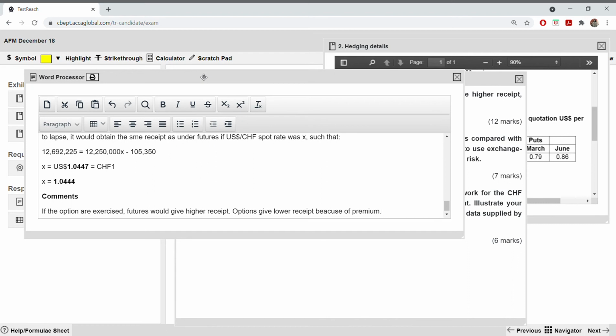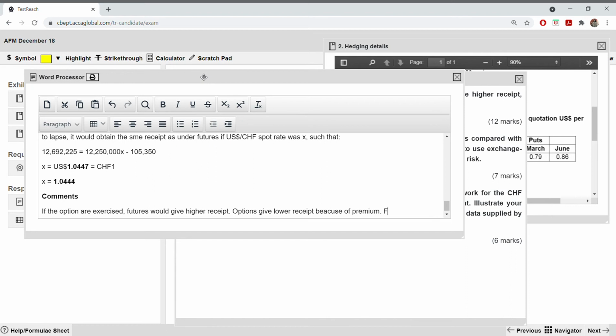You can even mention the premium and the numericals. Now you're talking about the future. Basically, in the comments, what you are doing is giving the evaluation. The word evaluate means pros and cons. You are giving the pros and cons of options and future. Now you're done with options. Once you're done with something, come to the next.